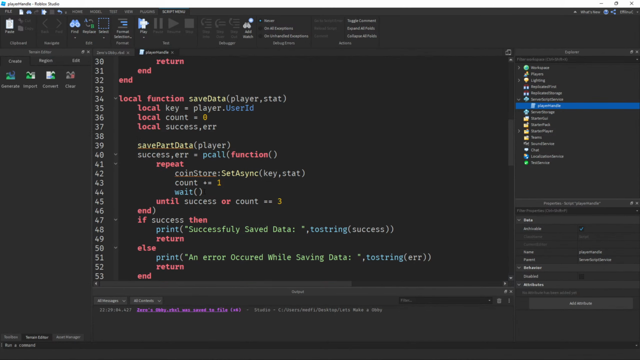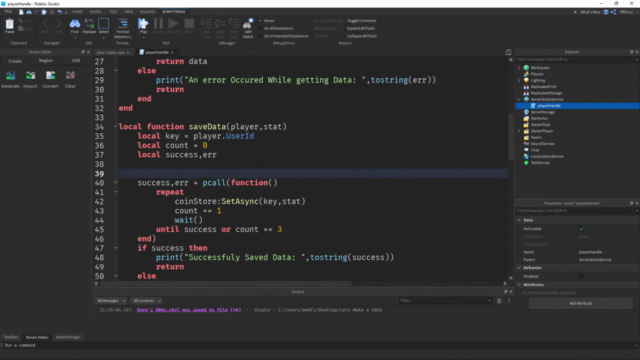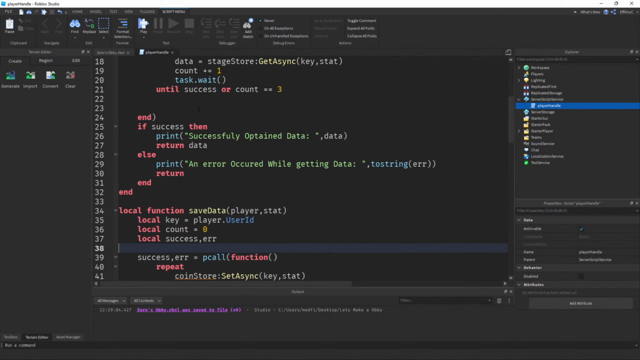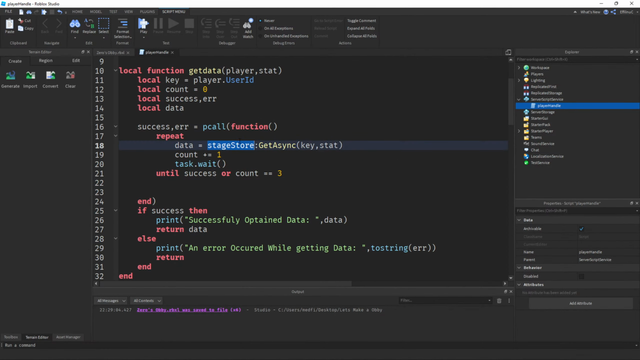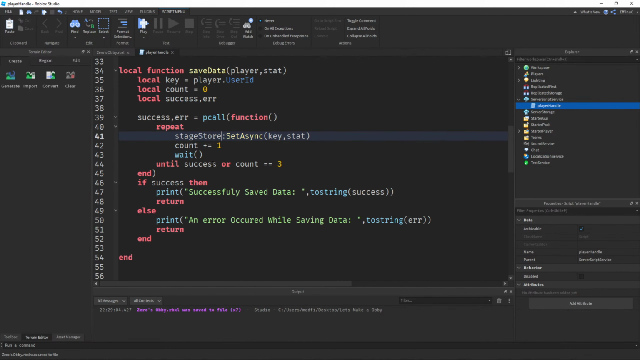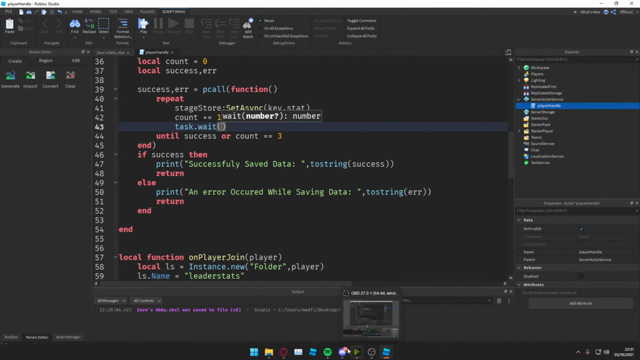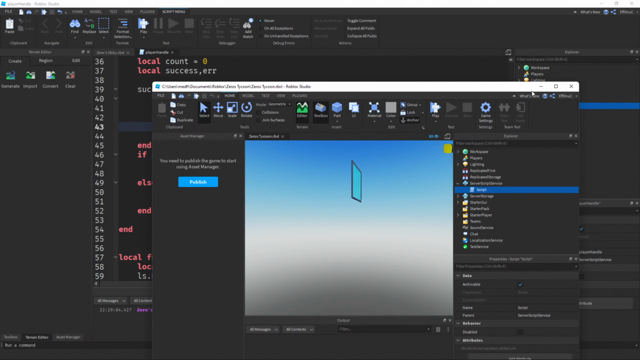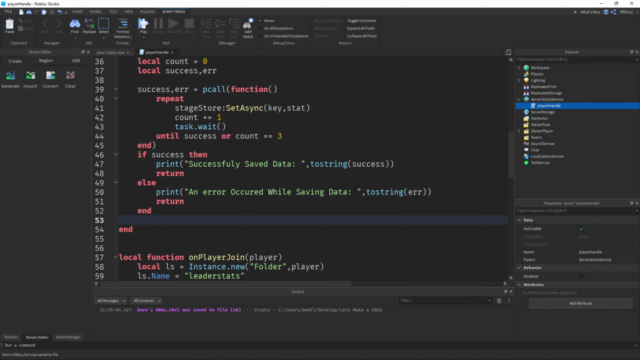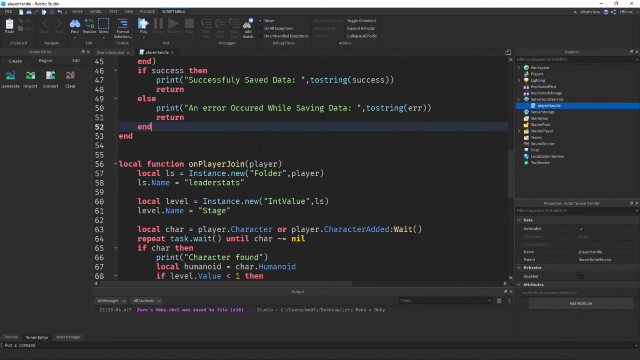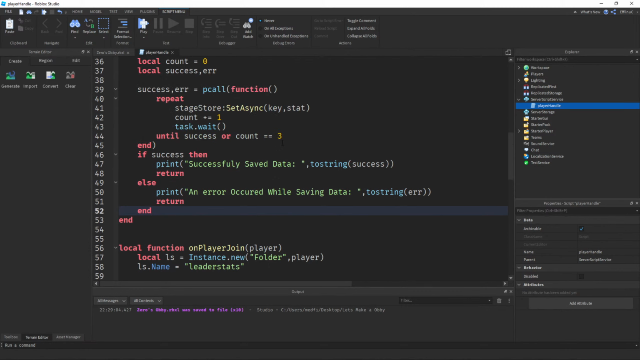Okay, so we're just gonna have to get rid of that. And we're going to change the name to that to Stage Store instead of Coin Store. Also do that to task.wait. And then we can go ahead and close out our other folder here. Okay. So, what we can do now is